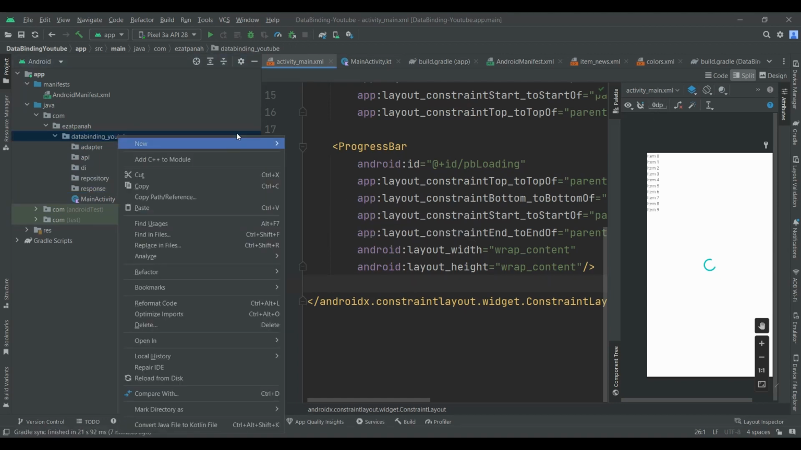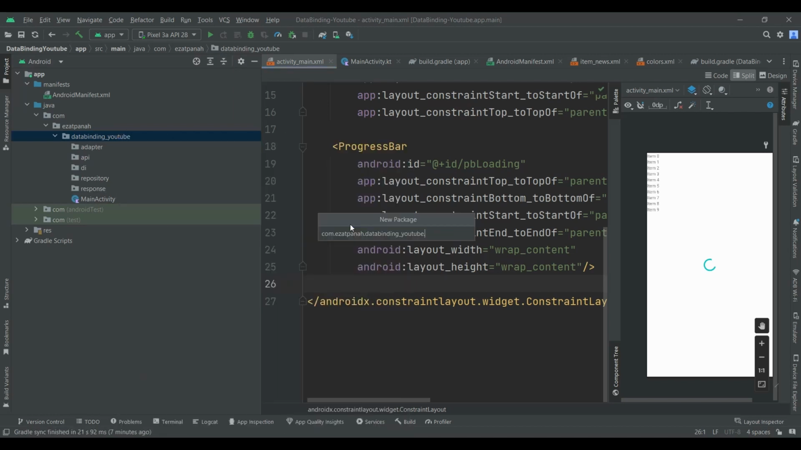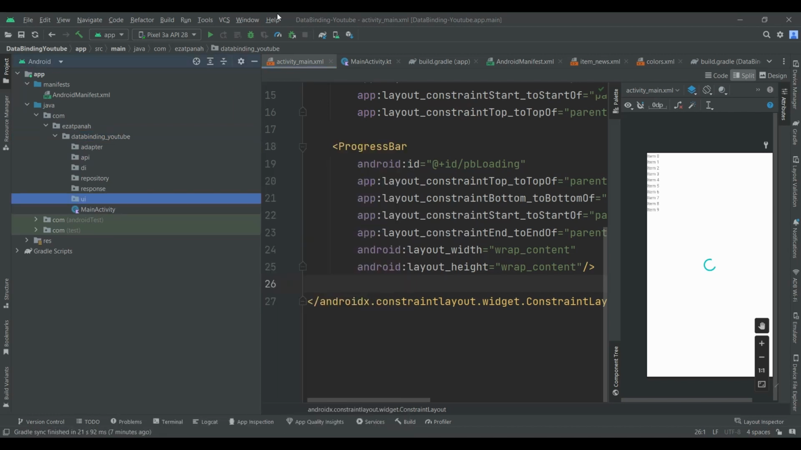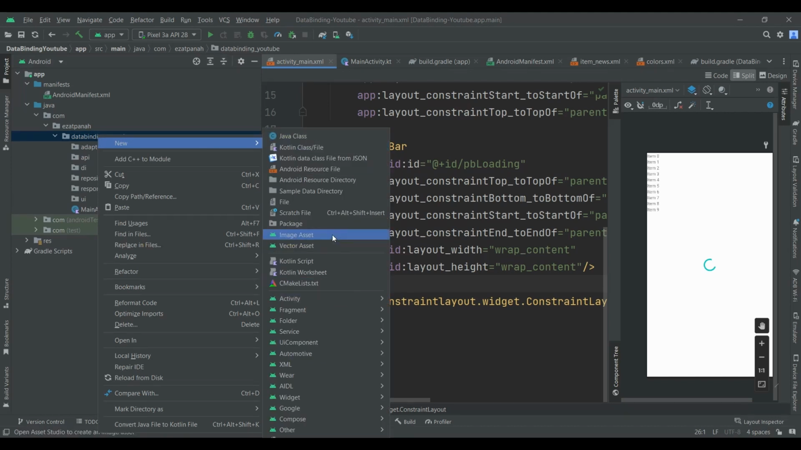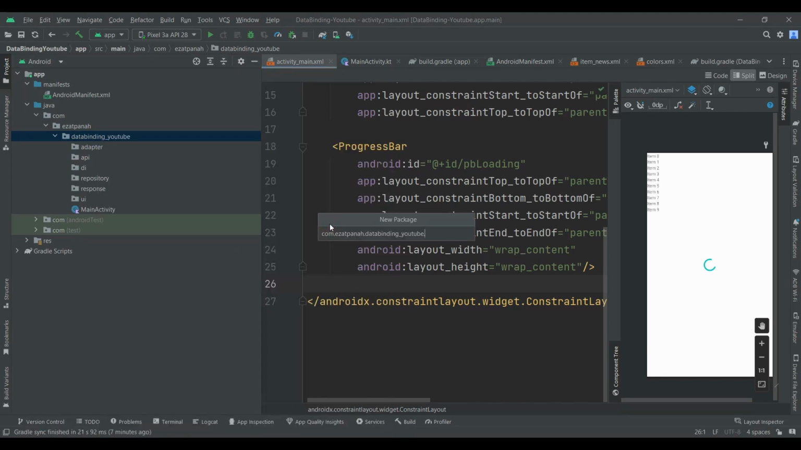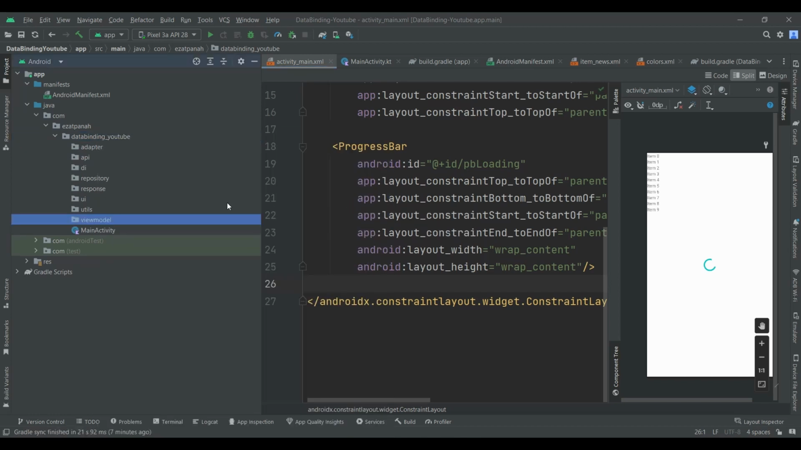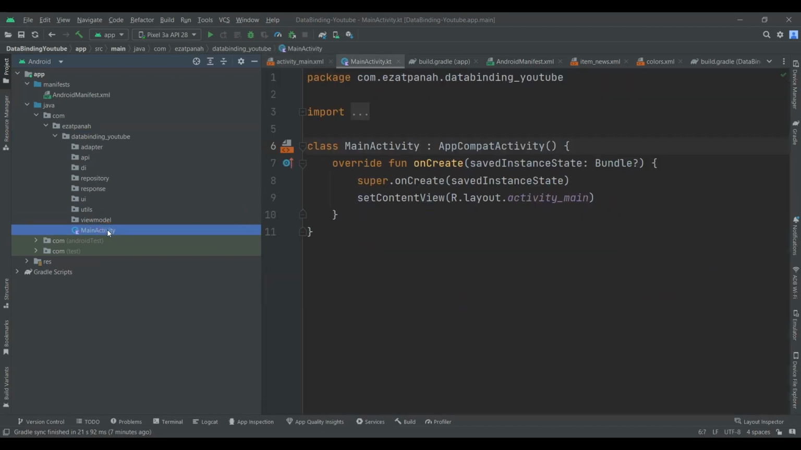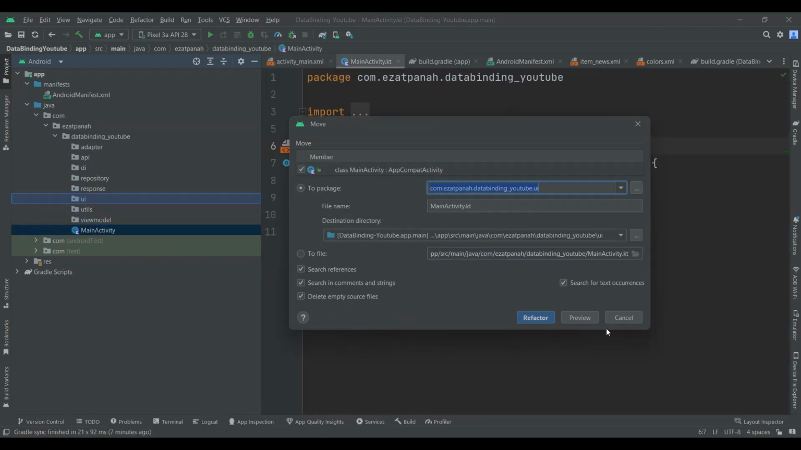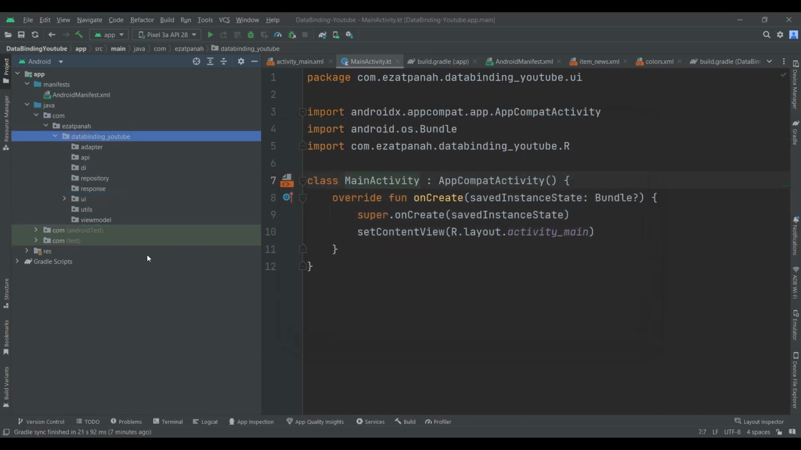Good. The other one can be for my UI. And I just need two other packages, for utils, and the last one is for my ViewModel. So, ViewModel. Great. Okay, just let me move it into my